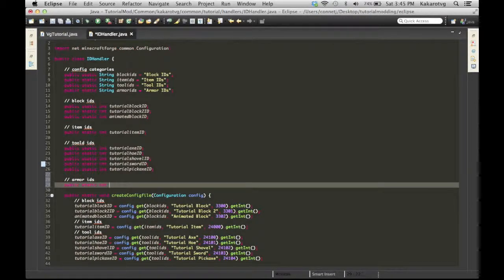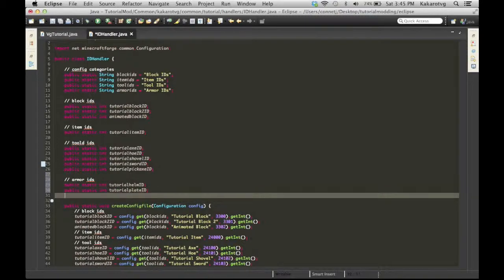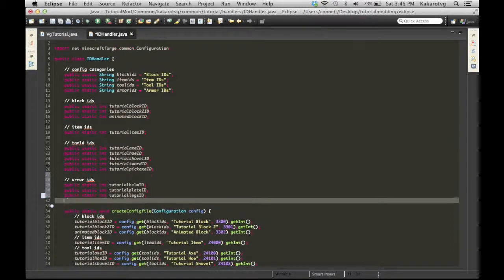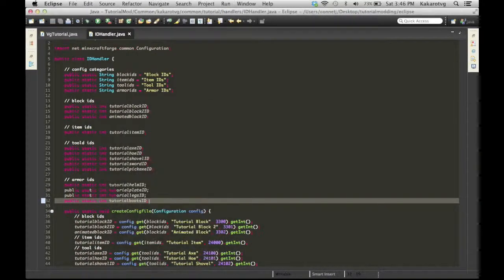Static int tutorial helm ID, public static int tutorial plate ID, public static int tutorial legs ID, static int boots ID, and